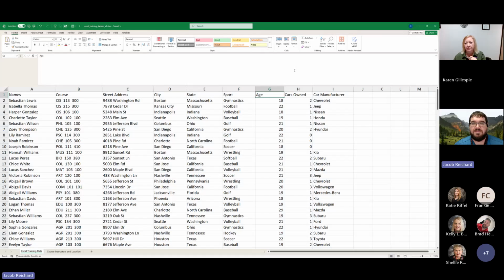The last two columns are just some cars that they potentially own and different models. Just some generic information that we're going to play around with. So this is something we could have if we were looking at our data for students and information about them